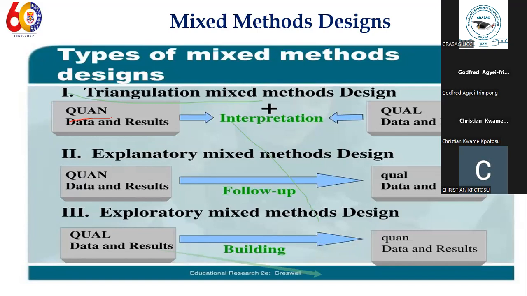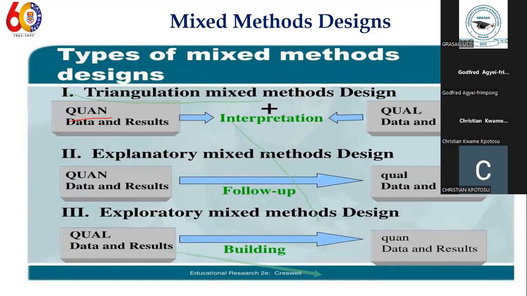Why are you using it? And how is it important to your work? We should be able to explain vividly why a particular design fits our work. Now we are going to take these designs one by one and look at what intentions will make someone to